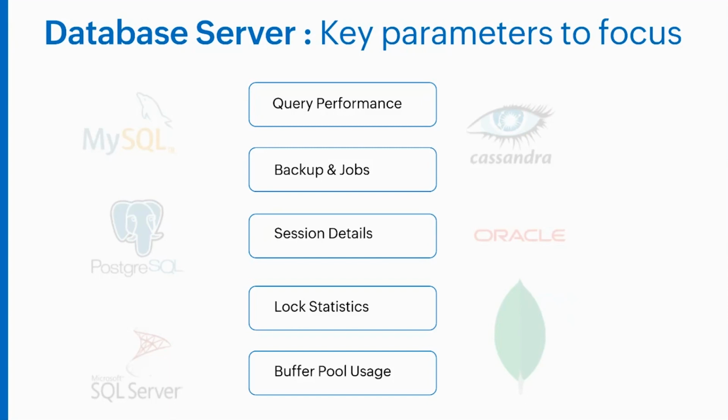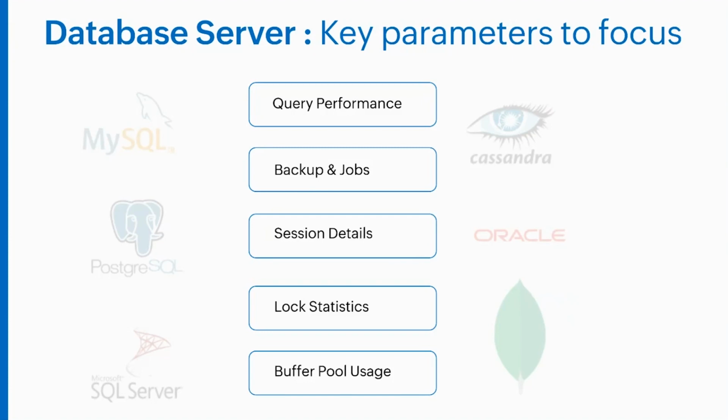Along with it, we can also monitor the backups and jobs. You can identify when the last backup was executed, and if a particular job's backup status is failed, you can get an alert for that. You can also create, start or stop a particular job directly from Applications Manager. I'll show these features in the UI after this, and along with it, you can monitor